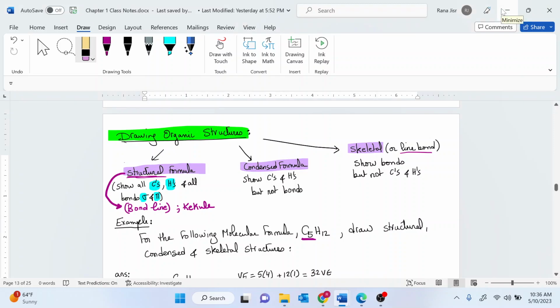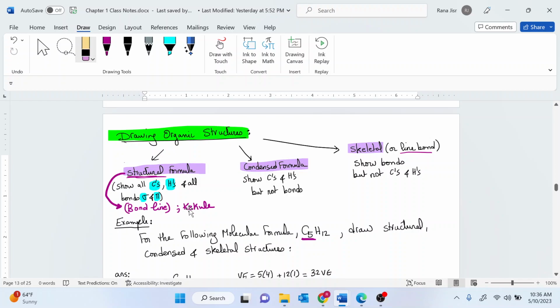In this video, I'll go over drawing organic structures. To represent organic structures, there are three ways. Structural formula, which is the regular Lewis structure that you already draw. And here we're showing all carbons, hydrogens, and all the bonds, whether it's a sigma or a pi. This structural formula has another name, either a bond line or Kekulé, and I've used both terms in the problem